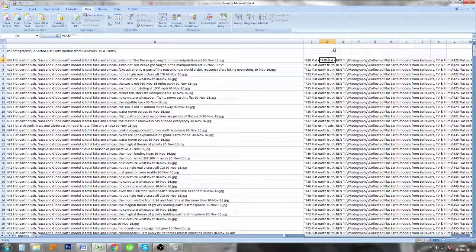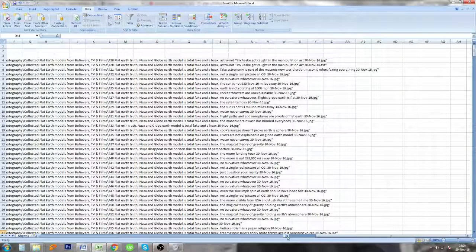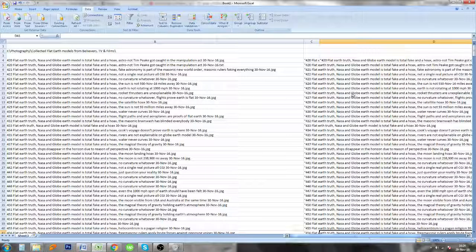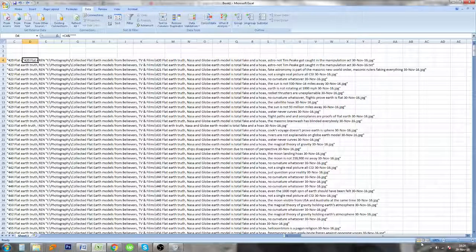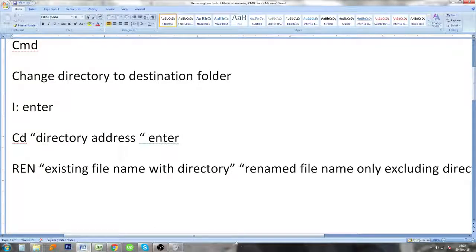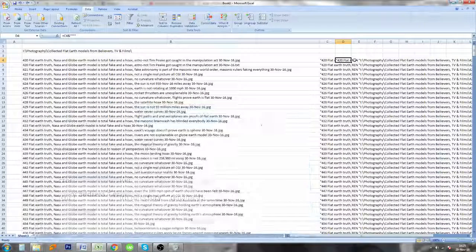So now you can see, if you make it bigger, it's so big that it is clumsy. Here we have made this syntax, the renamed file name only, excluding directory, inside a quote. Both of the quotes I have used,